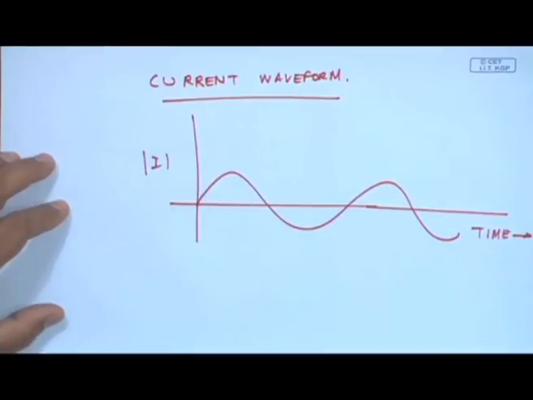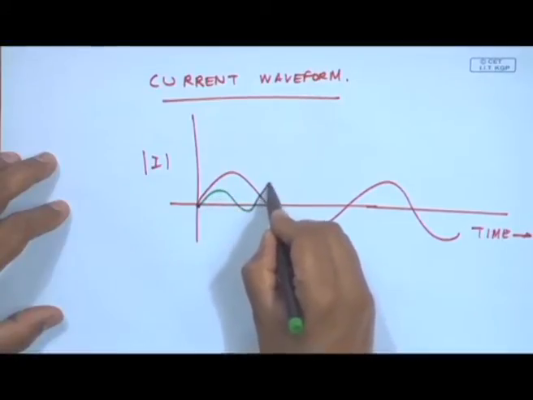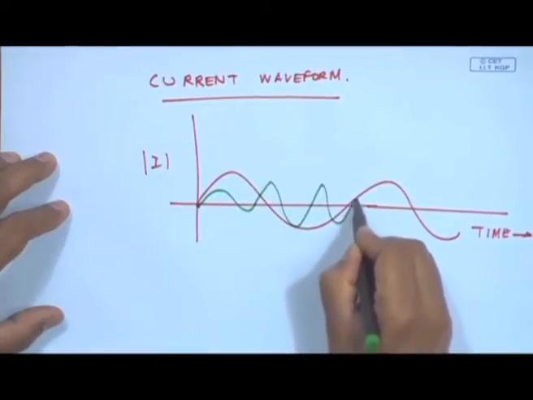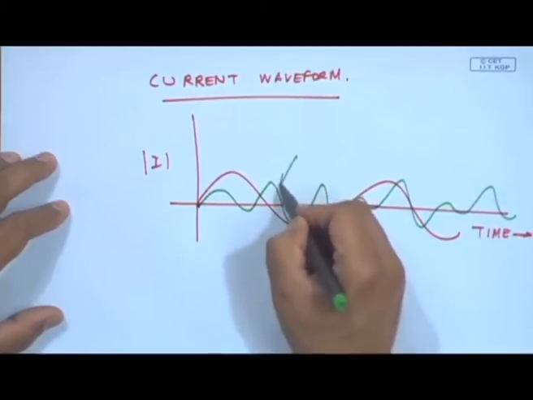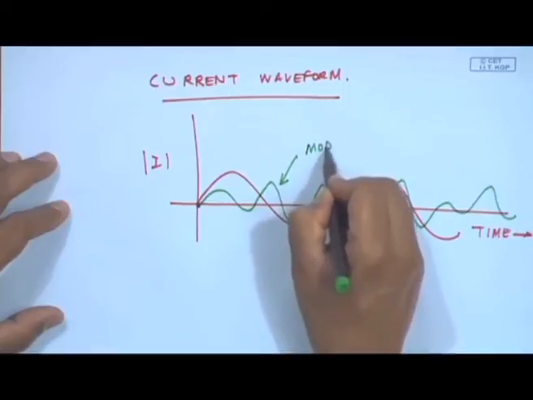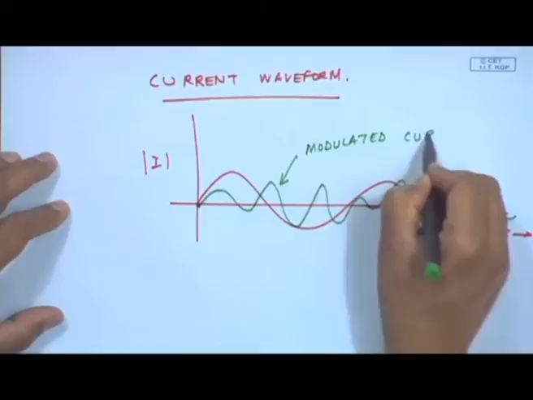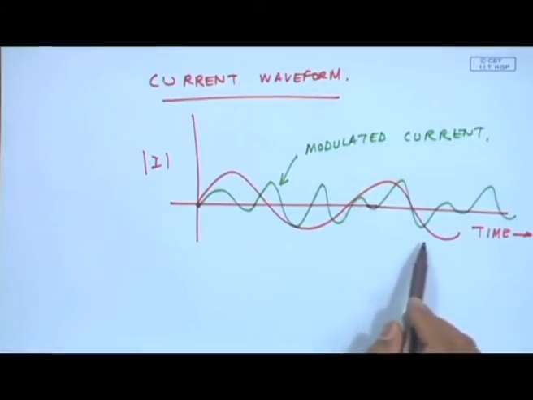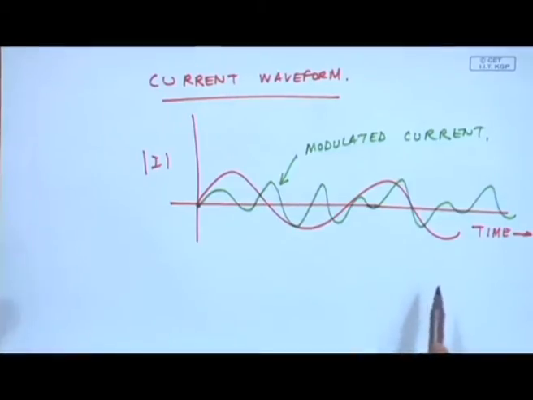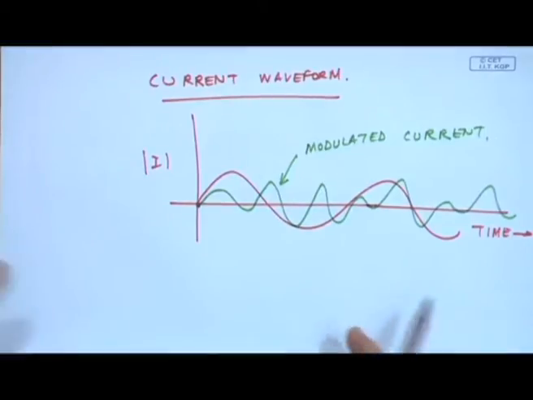Current could be as neat as this or as modulated as this. This is how a modulated current looks like, actual measured modulated current. The statistical parameters of these two waveforms may be similar. Some of the statistical parameters could be the same. So, we should not be misled, looking at a single number, that they are the same current.